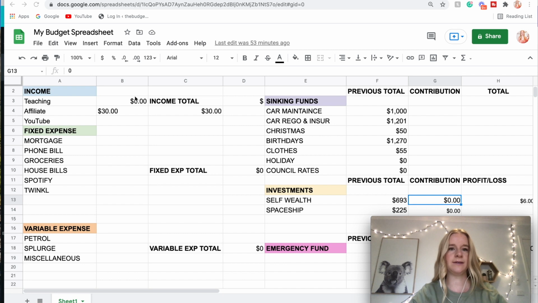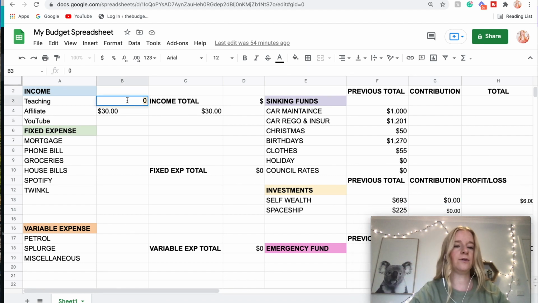So this is my setup for how I actually track all my expenses, my income, sinking funds, investments and everything. So I just do this in Google Sheets. It's actually really easy, and I like using Google Sheets because you don't have to save it to your computer every single time you make a new spreadsheet. So I just keep this updated every single month and every single pay. It's really easy to delete and add things. Okay, so for the month, my income is